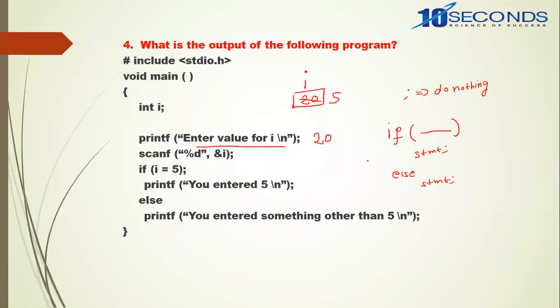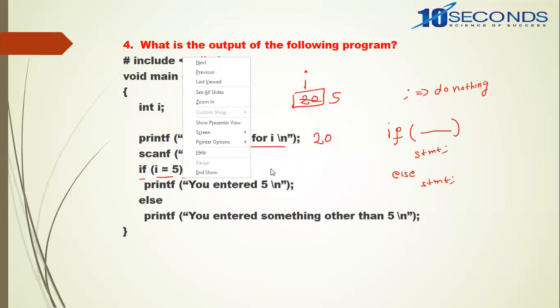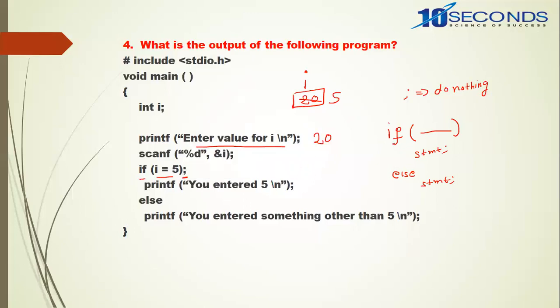Now semicolon is considered as a statement. So here what will happen: if the condition is true, execute semicolon. Semicolon is considered as a statement. Now what is the next expectation according to syntax? See, here I just round off this if is matching with this if, and this condition i equal to 5 is matching with this condition. Now execute one statement, that is semicolon.